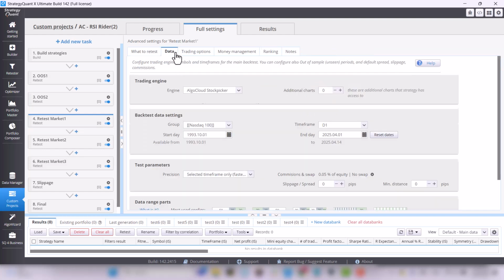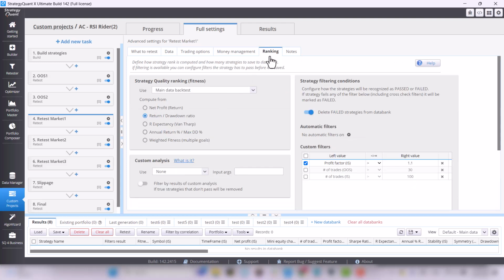We then test the strategy on the additional market, the first stock group, which is already larger. It's not the Dow Jones 30, but it's the Nasdaq 100. And here again, we want the strategy to be at least profitable with a profit factor of 1.1.